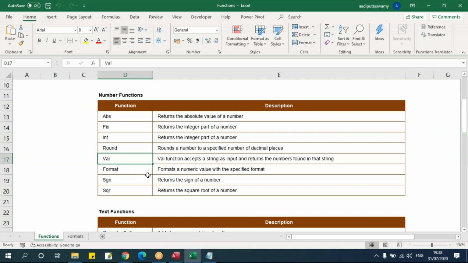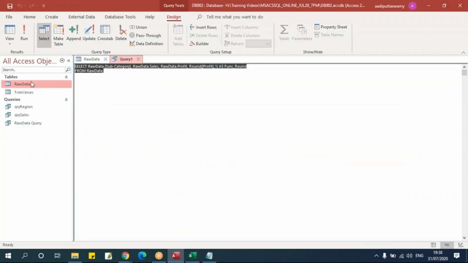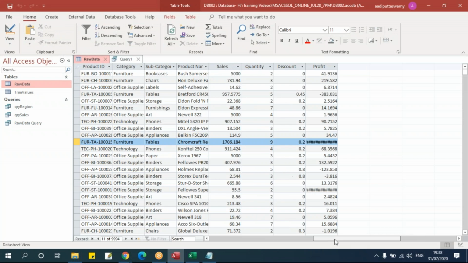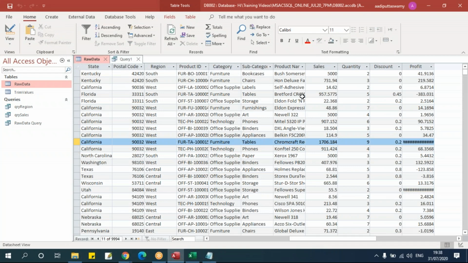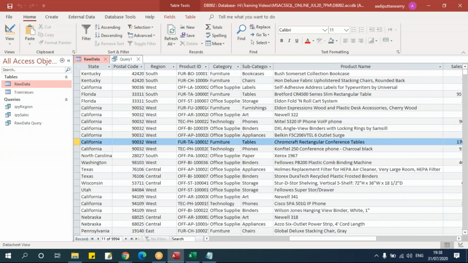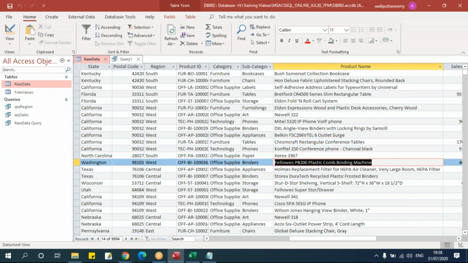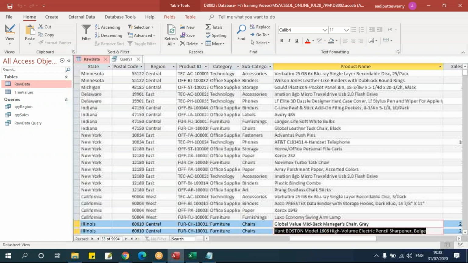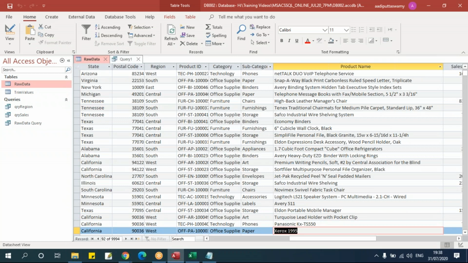For example, we'll take this raw data and check the product name. Wherever you see data beginning with a number, like here I have 6, say 1.7, it will extract the number from the column.